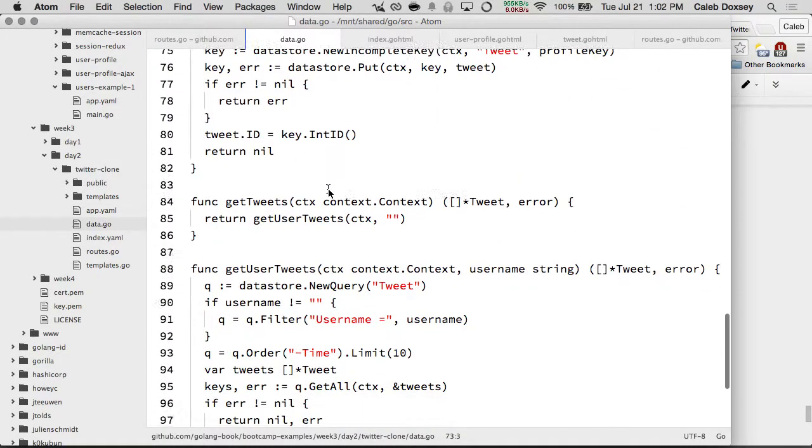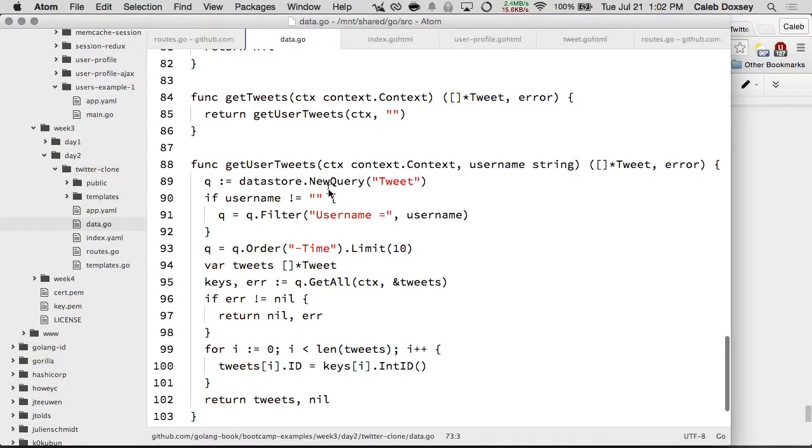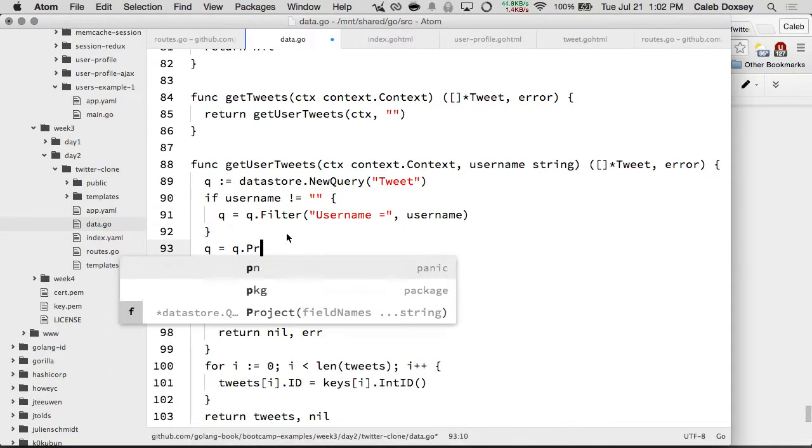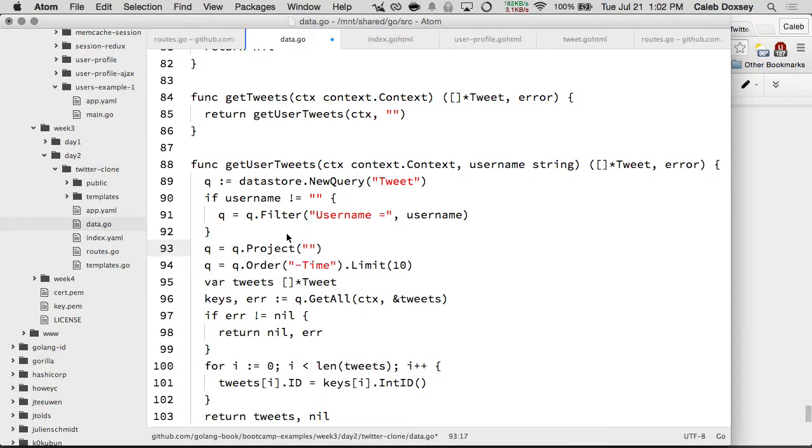We have our data store queries here. And the idea is that in addition to order, limit, and filter, we can add project, and you give it the field names. So say I only wanted usernames. Now, if I did that,